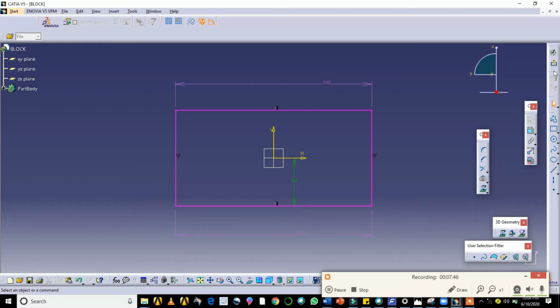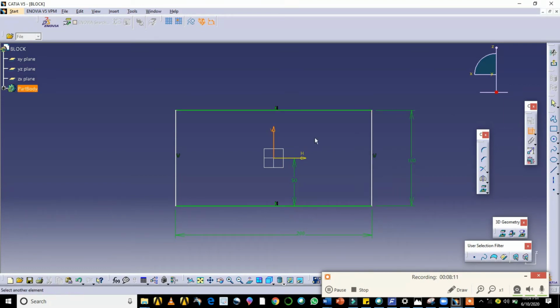This sketch is over constrained. Whenever you see the pink color like this, it indicates that the dimension is over constrained, because this length is equal to this length, so there is no need to give the dimension for this. Okay, so you remove this, and again give the dimension for this.